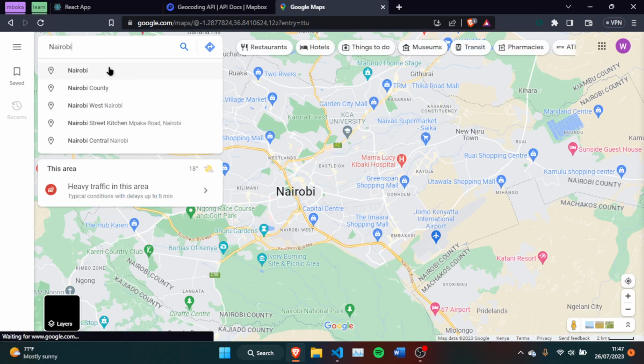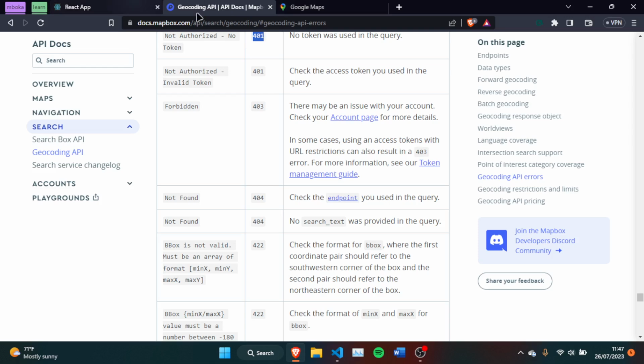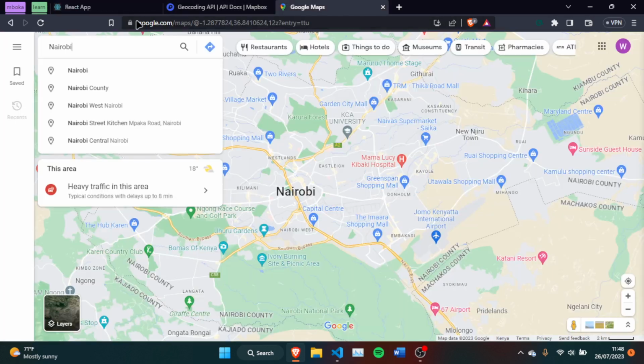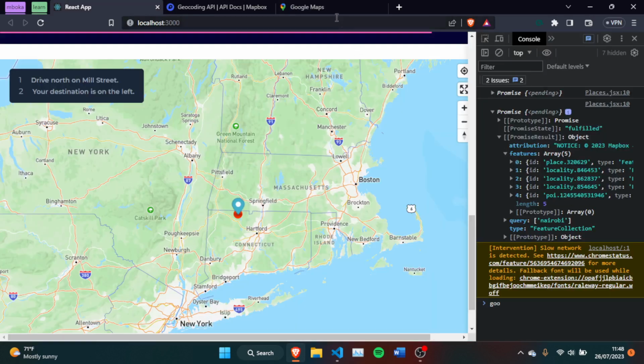We have this first Nairobi, so they are arranged in order of either the closest to that place, or they're using an IP address to basically present you with this data. And so these are the closest information that is nearest to what you're searching for. And so what Mapbox has returned to us is almost the same results as what is happening with Google Maps. And so what we can do is go ahead and render that same